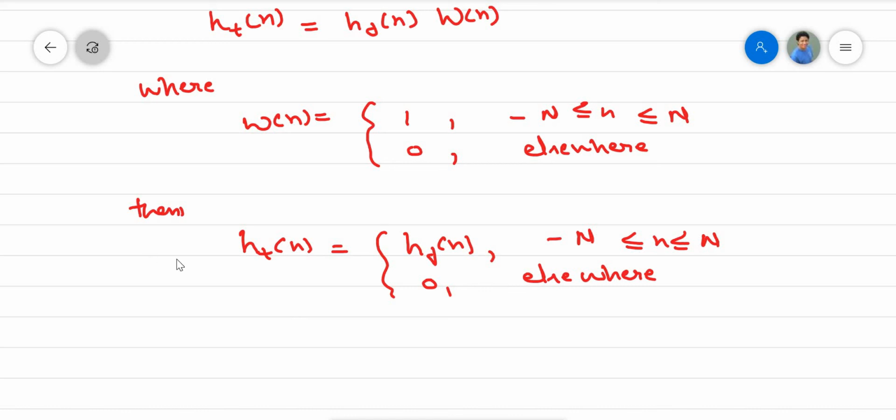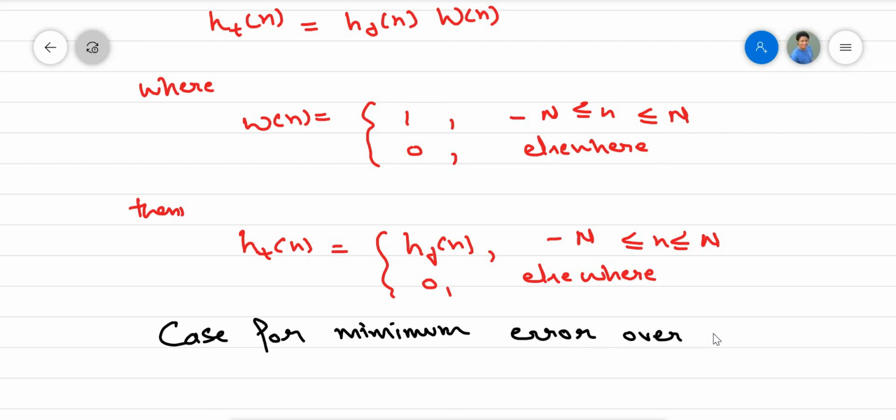So we want to see that particular case and we want to find out the case for minimum error over the area, that is integral square error,